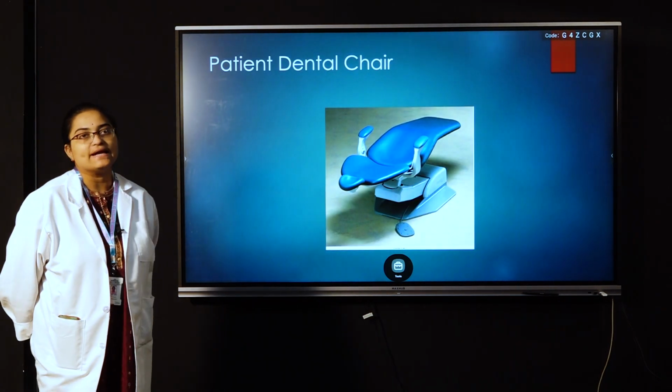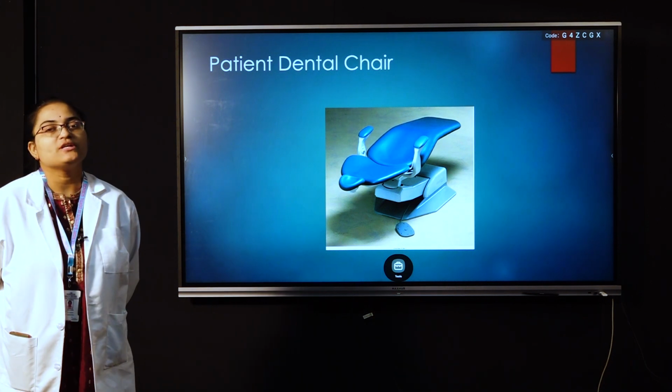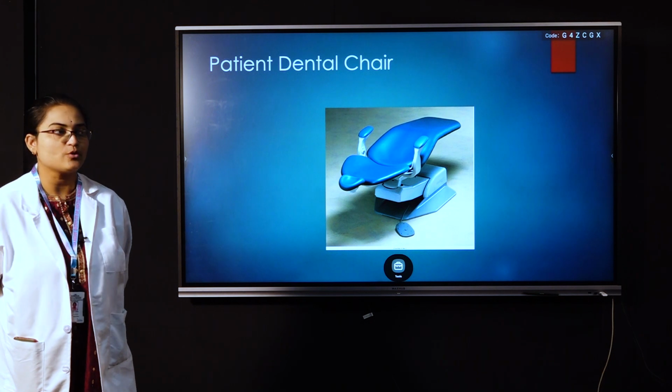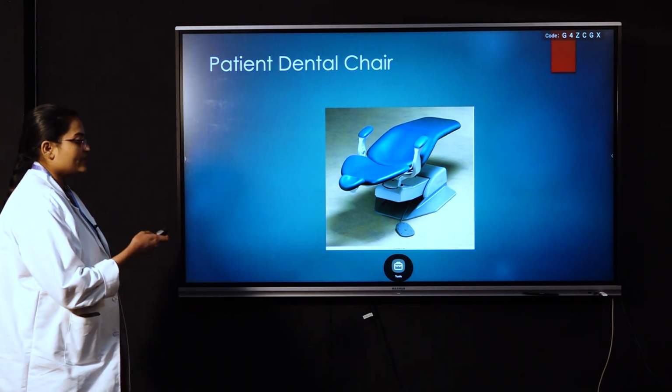Coming to the dental chair, principally all the treatments are done on the dental chair for any of the operative dentistry procedures. Coming to the dental chair,